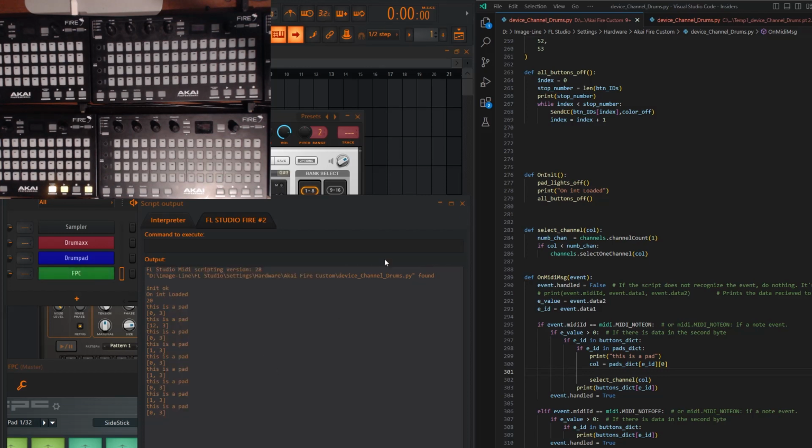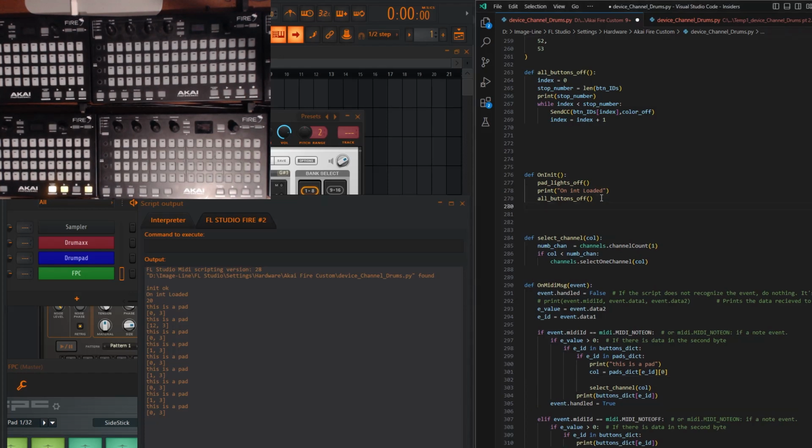There you go. That way, when it shows up here, it'll be very clear which channel is which. All right, let's see here. What we probably need to start off with is a new function. I'm going to add the new function to the on init, so it just starts up automatically, because that's the last thing we did: we turned all the button lights off